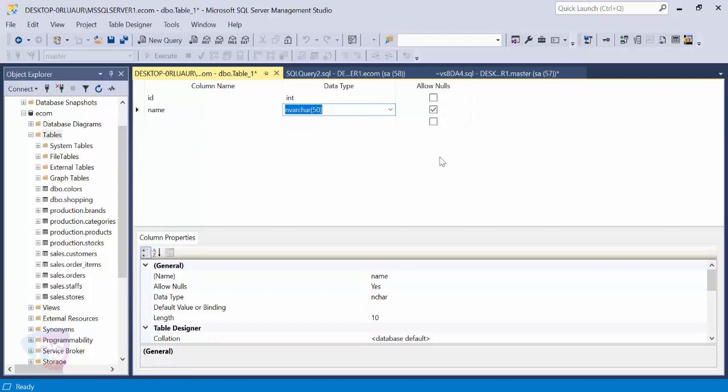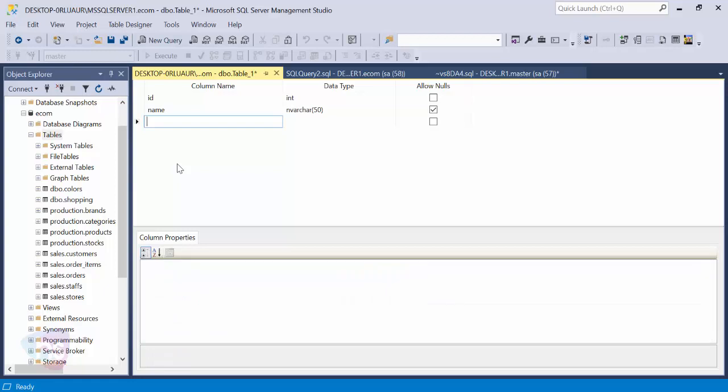If it is a primary key, it won't take a null value. If the data is not available, the name parameter can still be accepted, which means it allows nulls, so you can check it. If you don't want to allow null values in this particular column, you uncheck the box here and this column will not accept null values anymore.